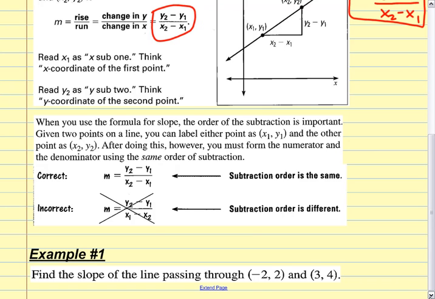Okay? And it says, when you use the formula for slope, the order of the subtraction is important. Given 2 points on a line, you can label either one of them as the first point or the second point, x1, y1, and the other point is x2, y2. It doesn't matter which one you pick as point 1 and point 2. But once you pick them, you've got to make sure that you subtract in the same way. y2 minus y1 over x2 minus x1. That always works. But look at this one. This is incorrect. y2 minus y1 over x1 minus x2. Do you see we didn't subtract them in the same order? Right? We took x from the first point and subtracted the second. That's not right. We need to go in the same